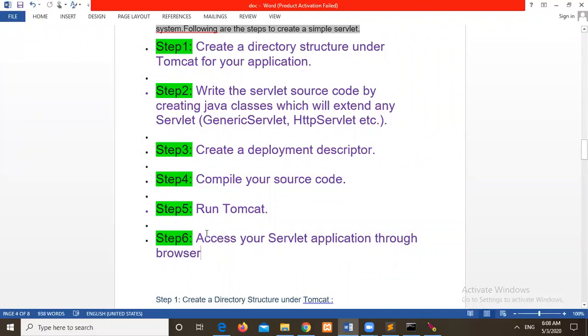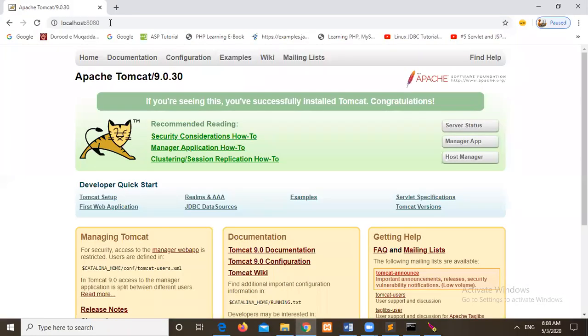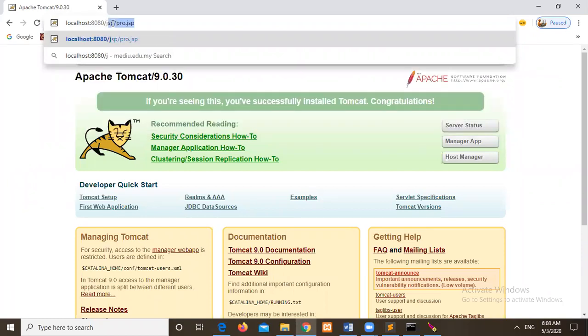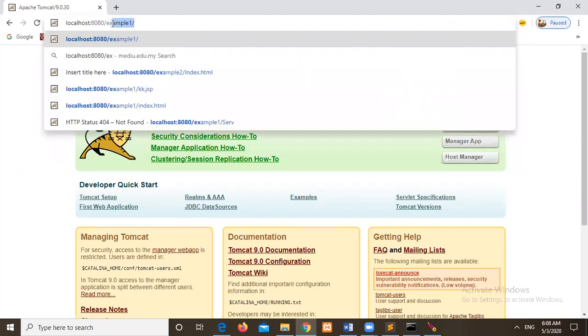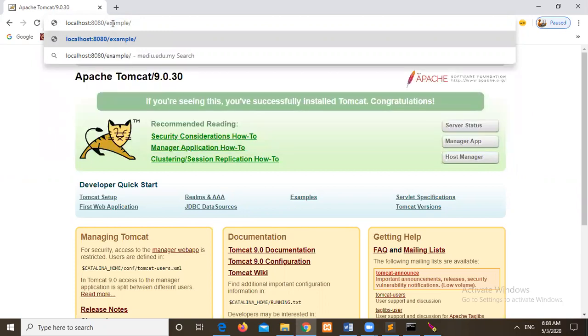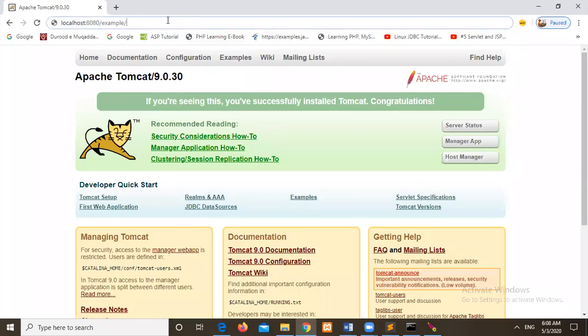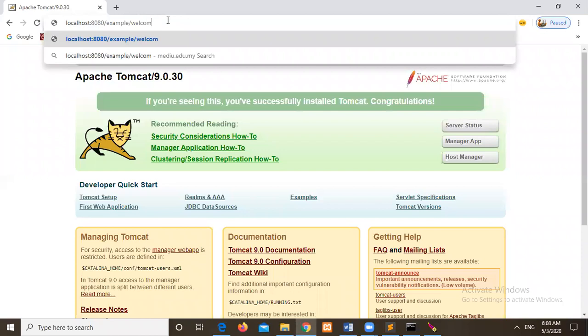Now step number 6. Okay, then how to access our servlet with the help of the URL pattern. Now I'm using the project folder name here. What was the name of the folder? Example, right? Example, not example one, slash. What was our URL pattern here? I will go to the web.xml file. Welcome. So I will type welcome. Once I type welcome, it should display the result. Okay, see here we have successfully